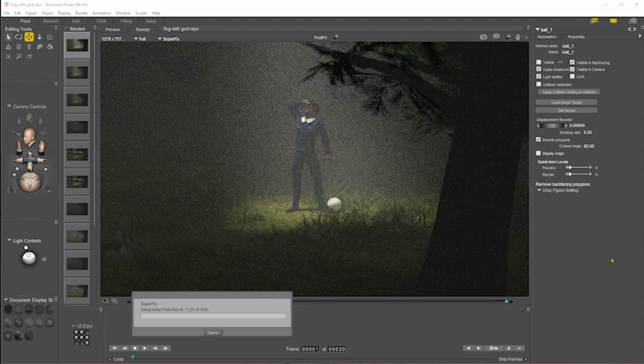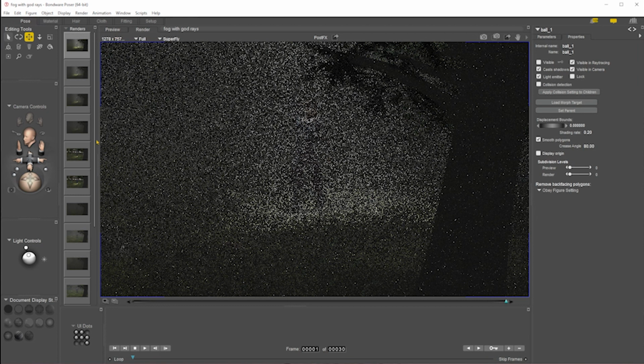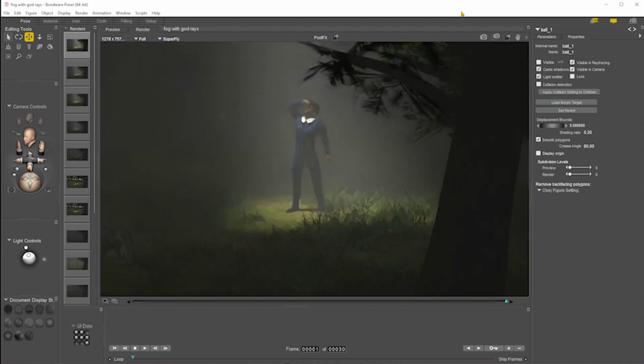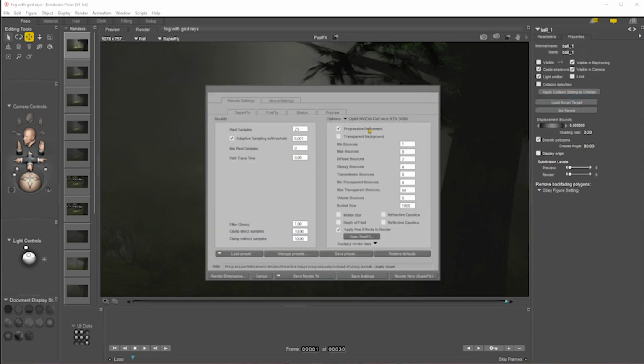in fact, I'm not going to leave the whole scene to render because it's so slow. Even without caustics, just on high quality, it takes, probably, I don't know, 5 or 10 minutes to render. I don't know why it looks like it's doing, oh right, I know why. I was going to say it looks like it's doing a bucket size of the whole screen, but this is why it's doing that. Progressive refinement. So it does the whole screen, and then it does a bit, and then it does a bit, and it improves the whole screen